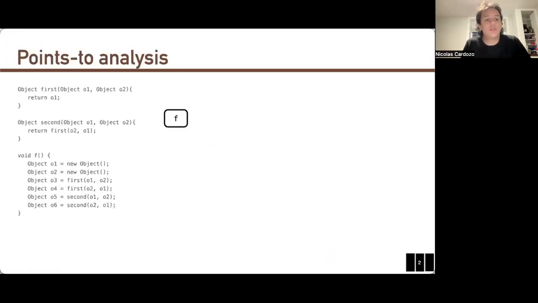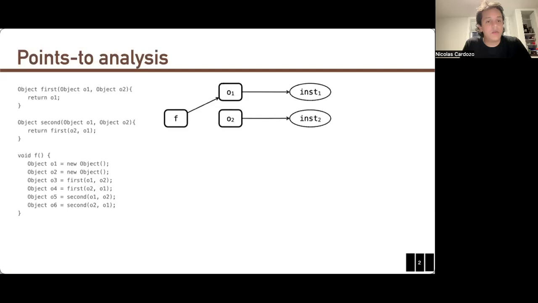The idea of the points-to analysis is to be able to identify the value reference that a pointer or a variable has in the execution of a program. So in this example, in the program on the left, we want to analyze all the values that can be referenced for the f function. As we can see, the values that we can reference are all the objects that are part of the body of the function. So for example, object 1 and object 2 will correspond to the evaluation of the object instances